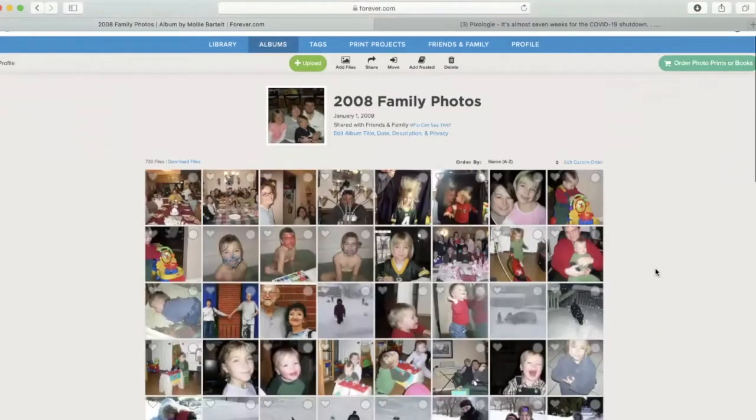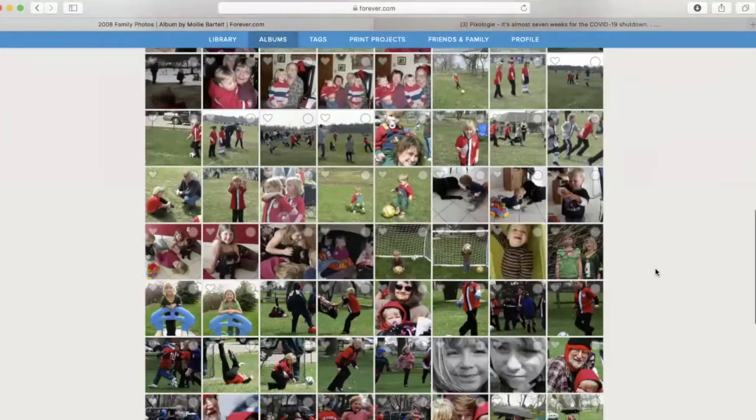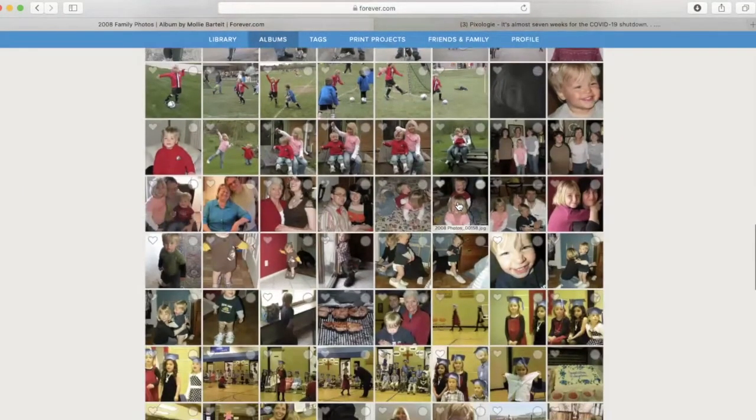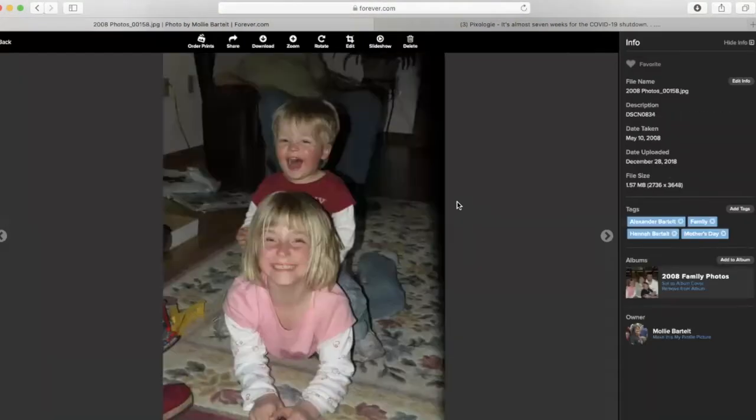So I'm going to go to 2008 family photos and we're going to find one of my favorite pictures here. Let's see, this one right here. These are my kids and you can see the picture. I could edit it if I wanted. I could share it with some of these options up here. I could order prints. And on the right hand side I can edit the info on the picture,